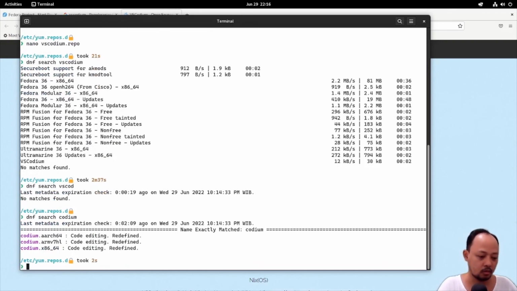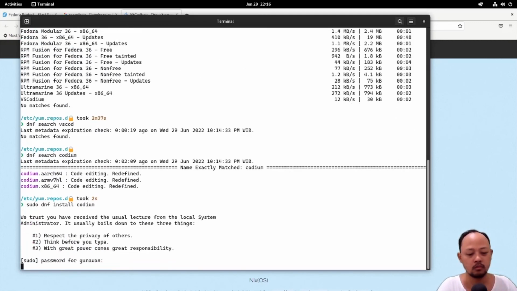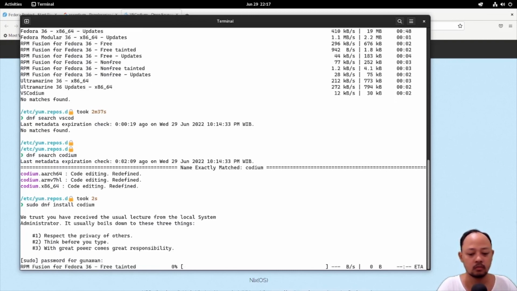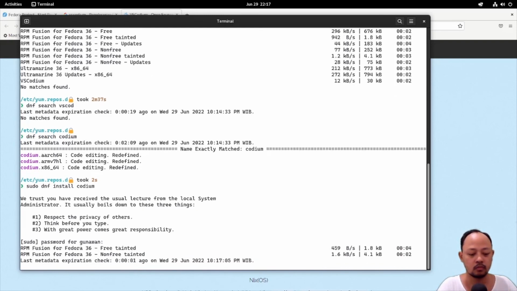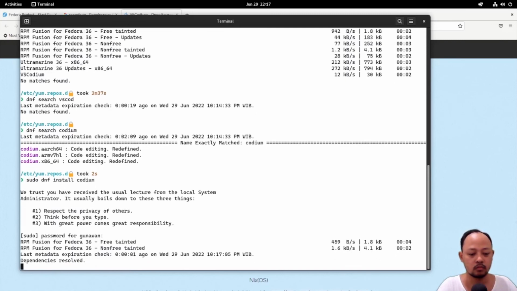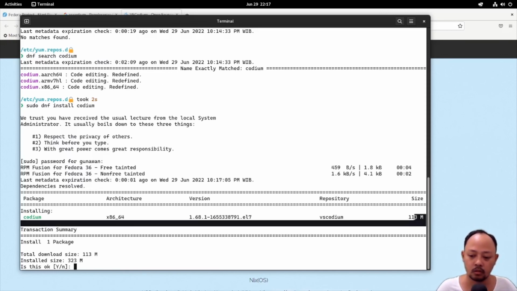Okay, I will just install it. It's 113 MB.